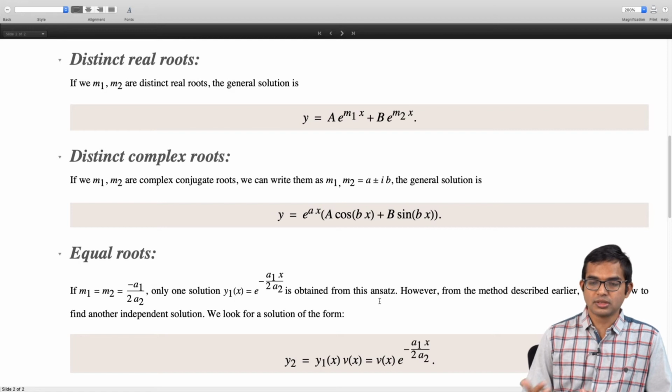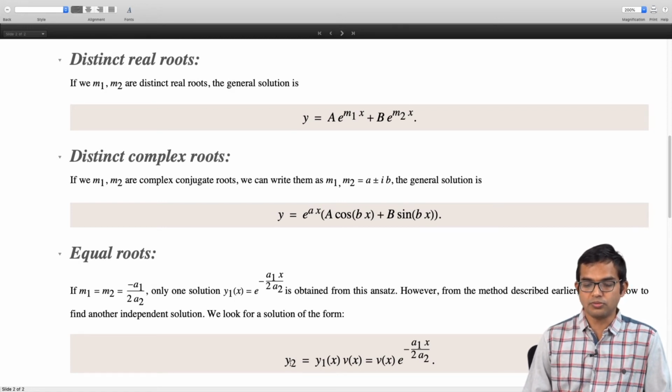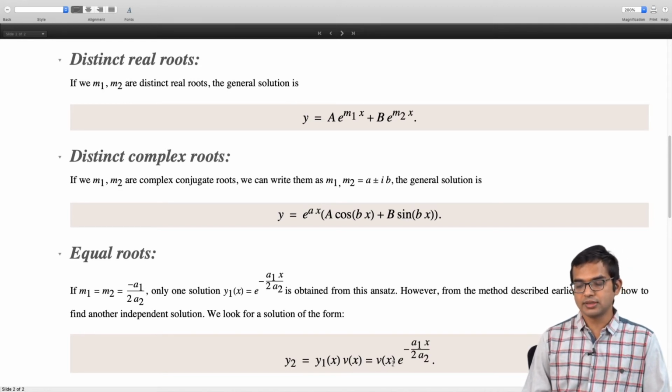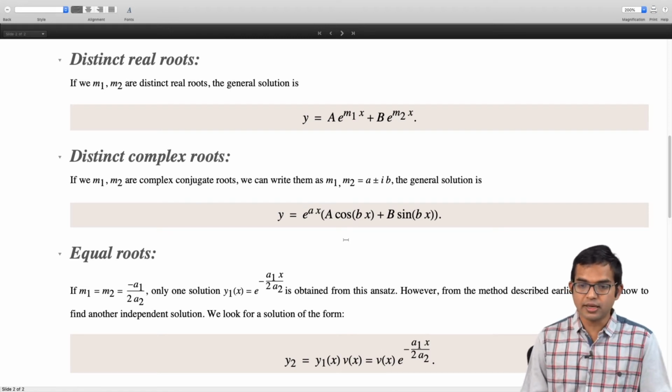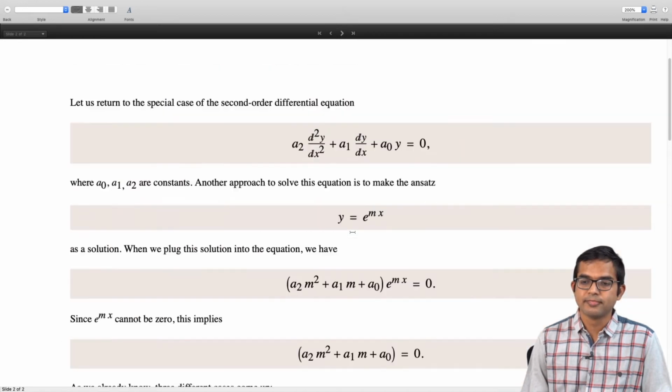So we will use the same technique and look for a second solution of this form, y2, which is y1 of x times v of x. So you have v of x times e to the minus a1 by 2a2, times x here, right? If you plug this back into your differential equation,